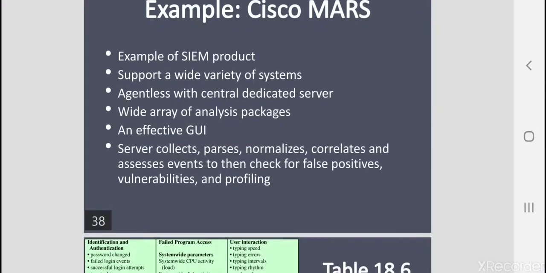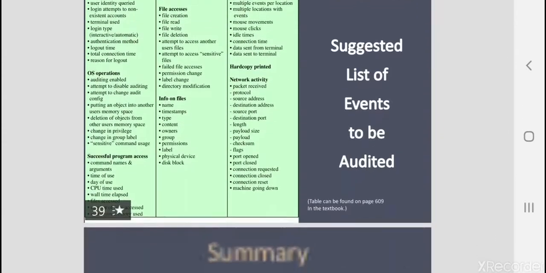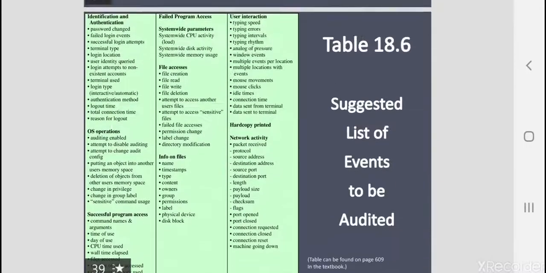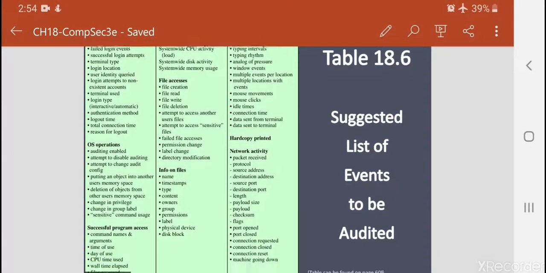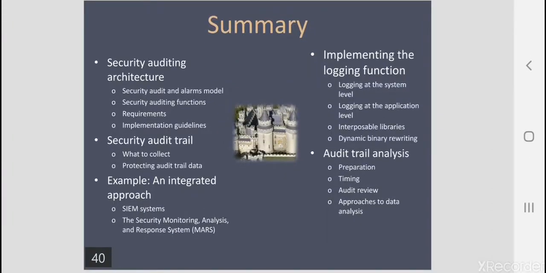This is an example from Cisco. We don't need it, and we come to the end of this chapter. So we talked about security auditing in general and its relation with intrusion detection systems. The security audit